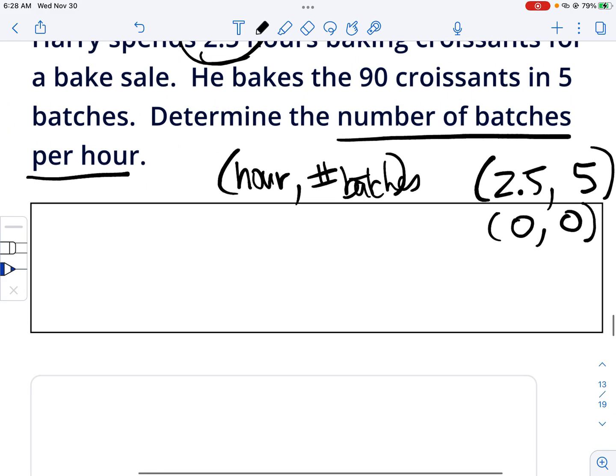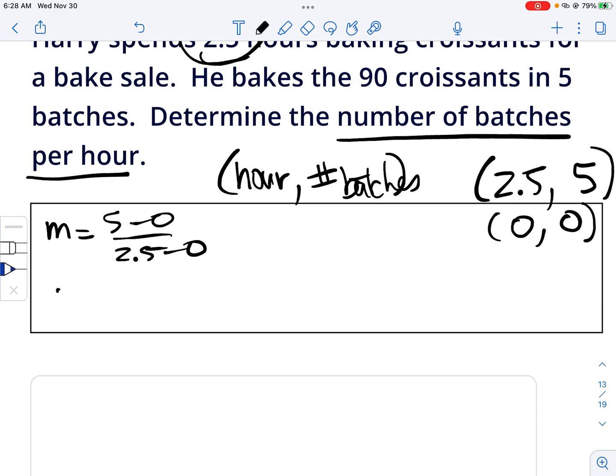And you could understand that that's proportional. So I'm going to do 5 minus 0 over 2.5 minus 0. And that will get me 5 over 2.5. So you should have gotten 2 batches